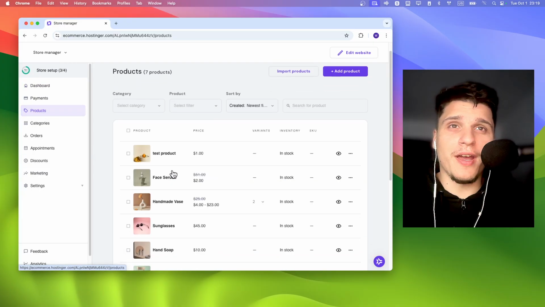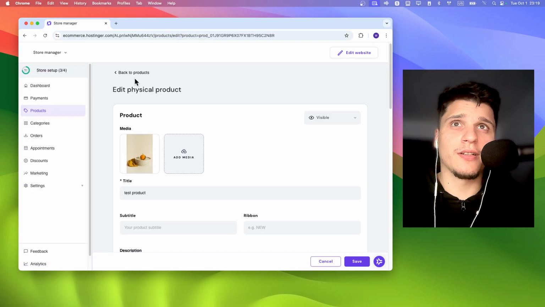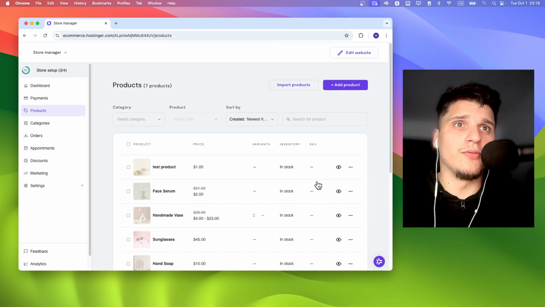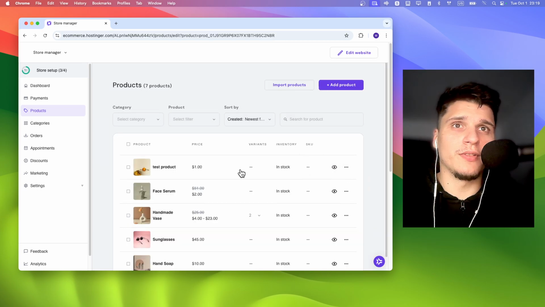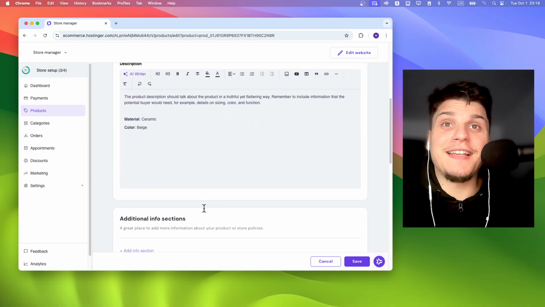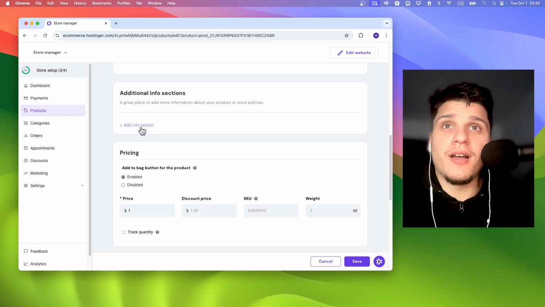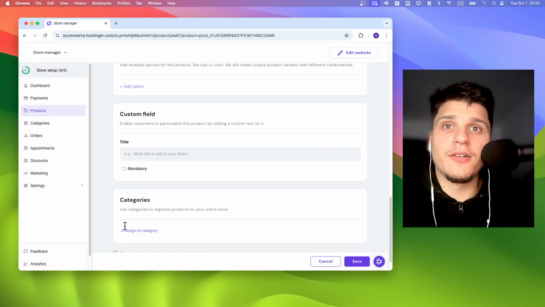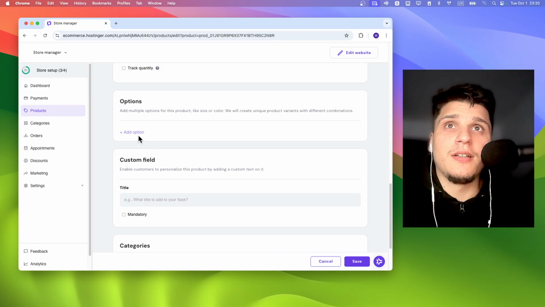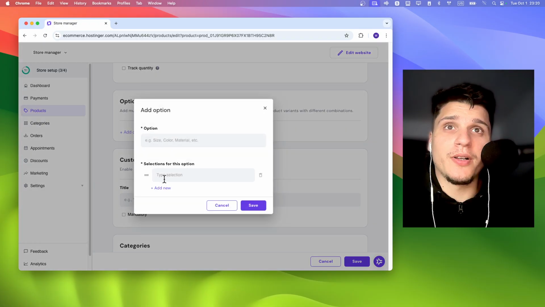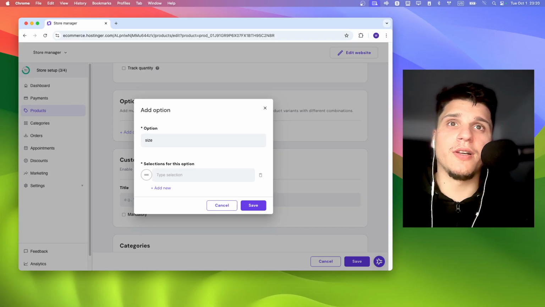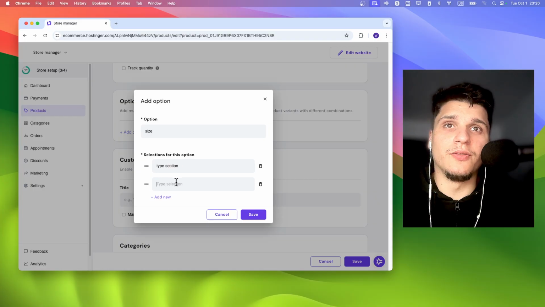Now let's say I would like to add the variant to this product, so I'm gonna click on the three dots here. Actually, you don't even have to, but usually I'll just click on edit, but you're just gonna click on the product itself, and then from here we have add info section, and then here we also have pricing and here category and custom fields, and here you have options, add multiple options for this product. So let's say here size, whatever you want to add, type your section,